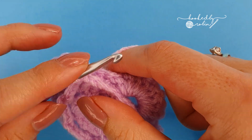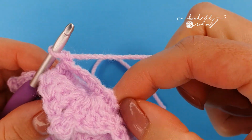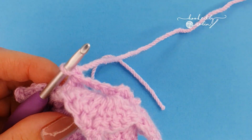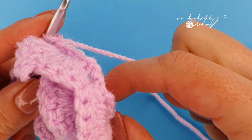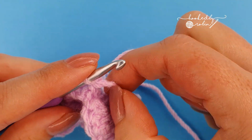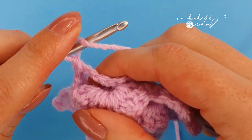For round 7, chain 1 and turn your work. Now, just like before, we're going to be working into the chain spaces that you just made in round 6. So in each and every one of your 8 chain spaces, we're going to make a petal. So there'll be 8 petals by the end of this round. So a petal is formed with a single crochet, 3 double crochets,